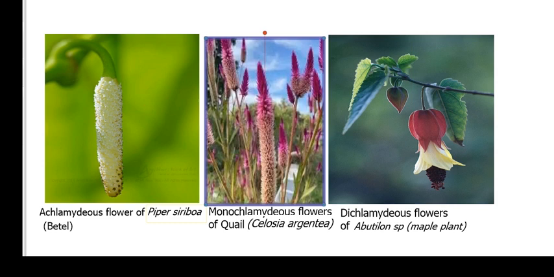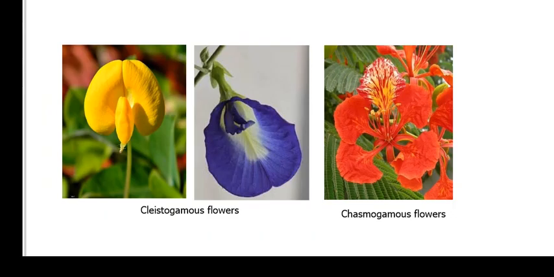It is said to be monochlamydeous if it has either only corolla or only calyx. Like you can see that the quail flower has only brightly colored leaves, no green ones, meaning they don't have sepals, so they are monochlamydeous. But if it has the two, corolla and calyx, then it's said to be dichlamydeous. Then the flower at the same time can be said to be